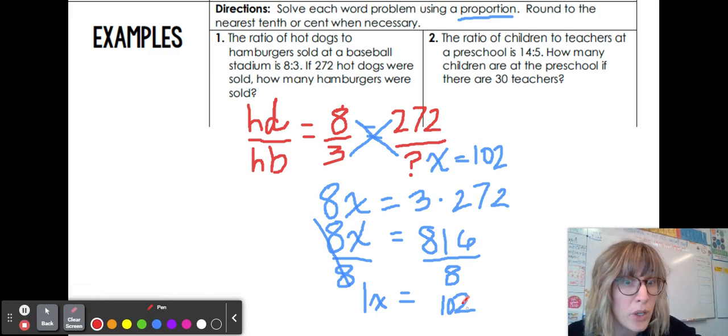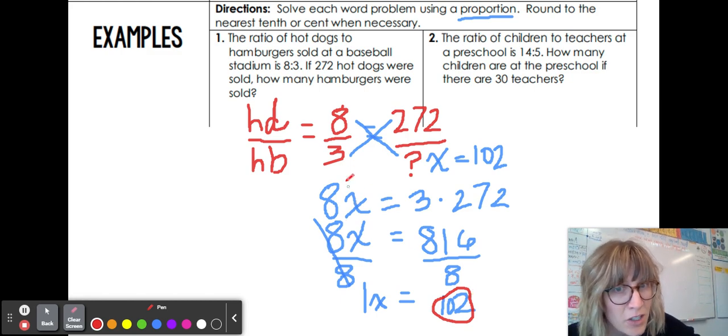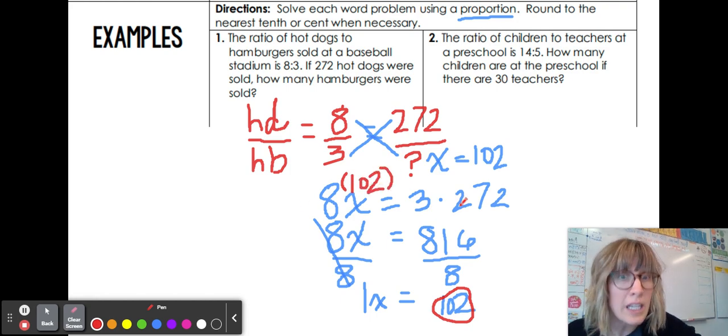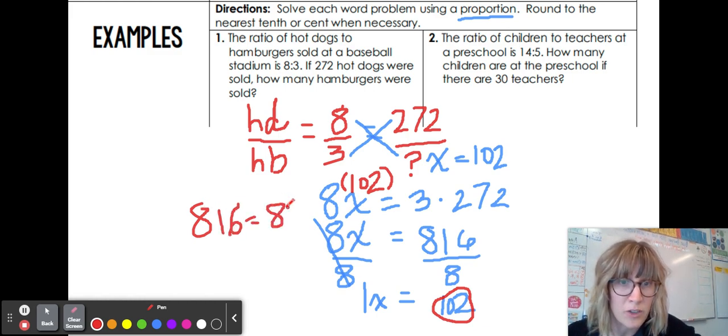We can also check it by putting our x into our original proportion setup. So if we say x, you are no longer a mystery, you are 102. When you do 8 times 102, you should equal the same thing as 3 times 272. So you could say, does 816, 8 times 102, equal the same thing as 800